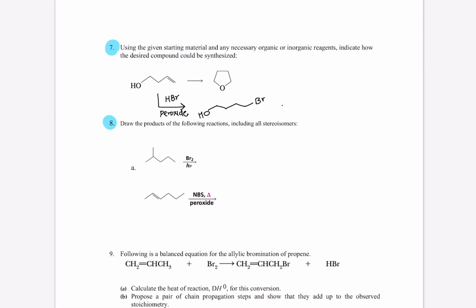And in the next step, you have to abstract this hydrogen, for which you will be using NaH. NaH is a powerful base which will grab this hydrogen. So the hydride ion will go and grab this hydrogen, break the bond between oxygen and hydrogen. Okay, and that's going to lead to the formation of